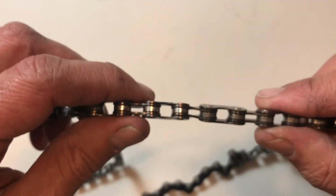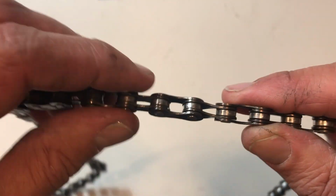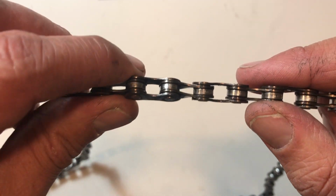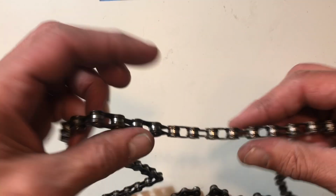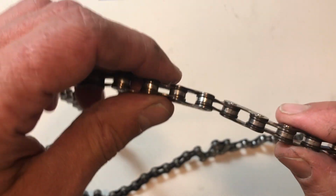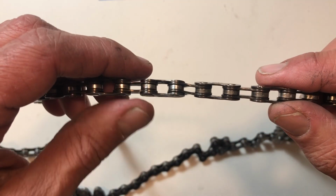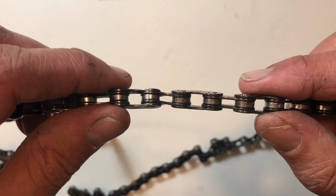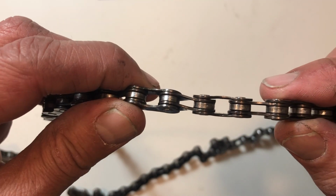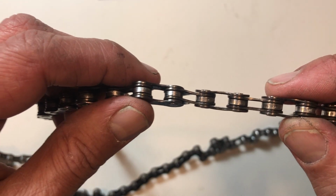So anyway, let's say this is what you find. You find this twisted link here, and ideally you want to just replace this chain, which is what we did in this situation. This is just one that came off a repair at the shop. But let's say you're out in the middle of the trail, 5 miles away from the trailhead or your vehicle, or you're 20 or 30 miles out from your destination on the road with a triple, and you want to keep going. So